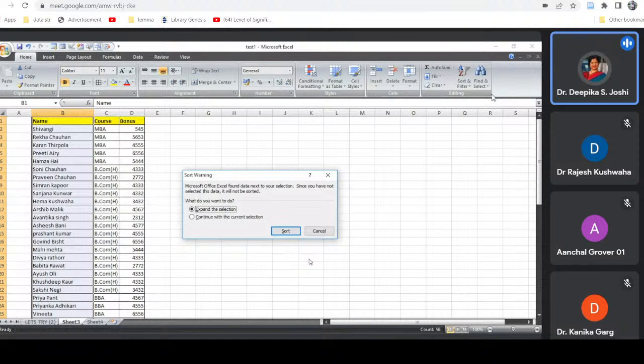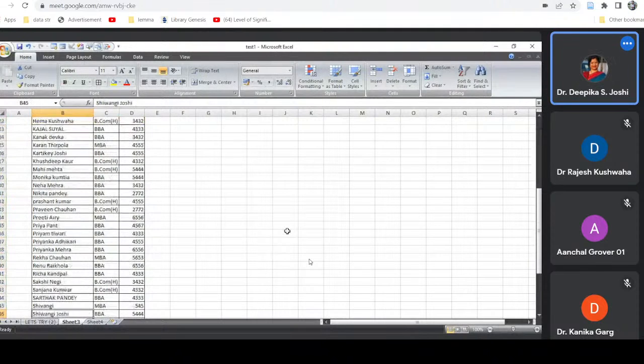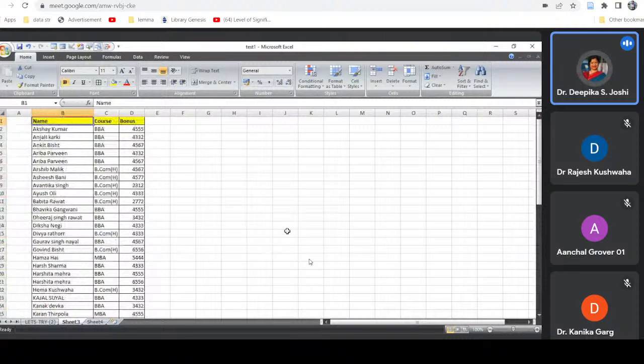So I am getting a short warning from MS Excel which asks me, do you want to continue with the current selection or do you want to expand the selection? Obviously, I would like to expand the selection, so I'll select the first option and then I'll say sort. And I have the sorted data. It was simple. I guess everyone had done it